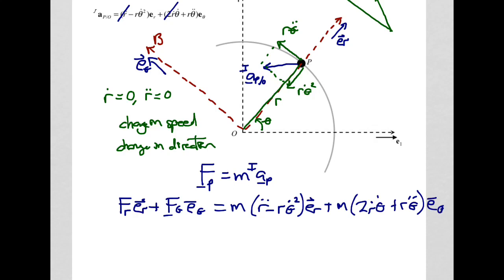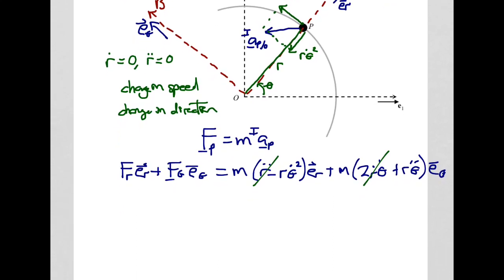Alright, we got rid of these terms because r double dot is equal to 0 in this case, and r dot is equal to 0. And so what we see here is that the force in the theta direction